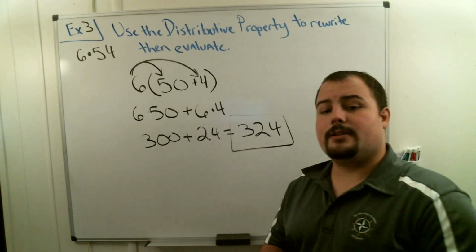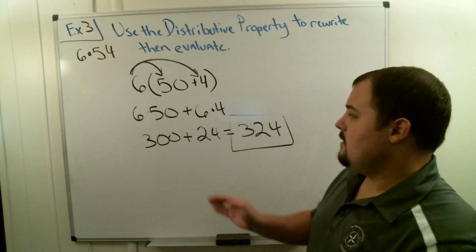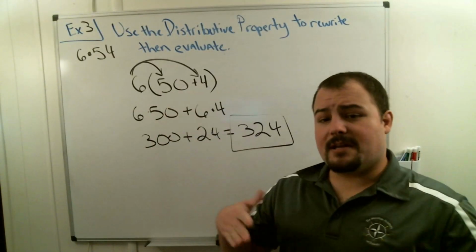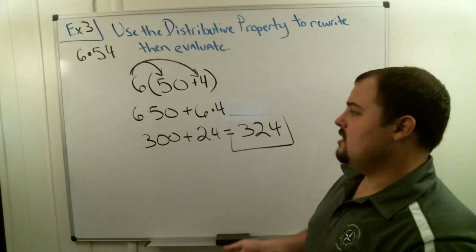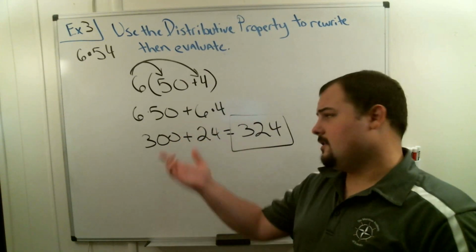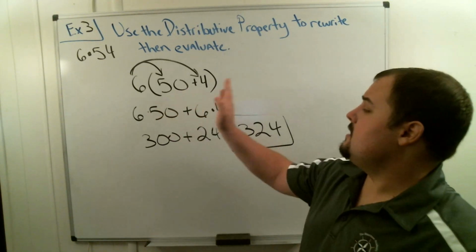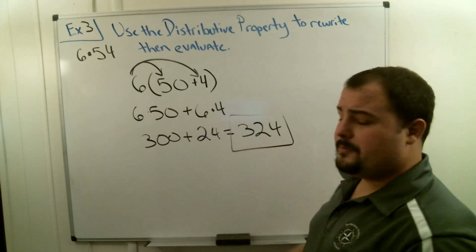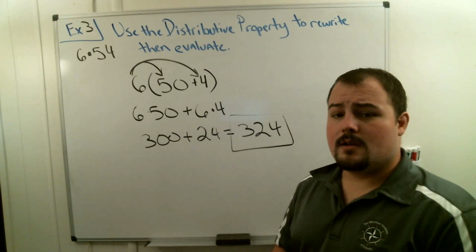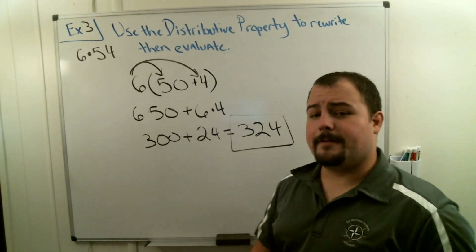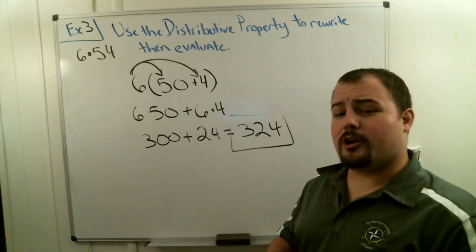Now notice I multiplied those numbers pretty fast. I know that 6 times 5 because I know my single digit multiplication. I know that 6 times 5 is 30. Then I just add a 0 because 50 just has a 0 at the end. 6 times 4, that's 24. Put them together, 324. Again, this is how distribution property can make multiplication a lot easier when working with bigger